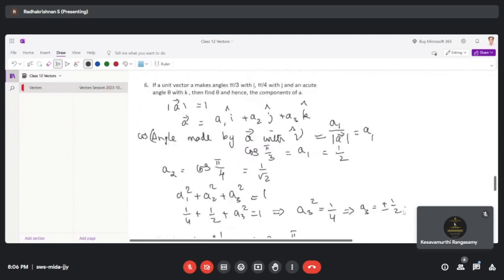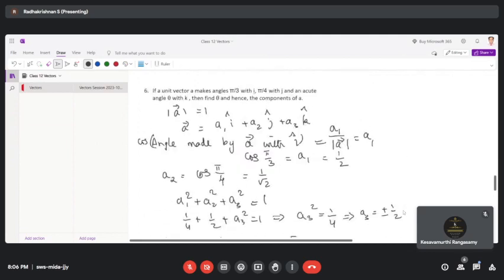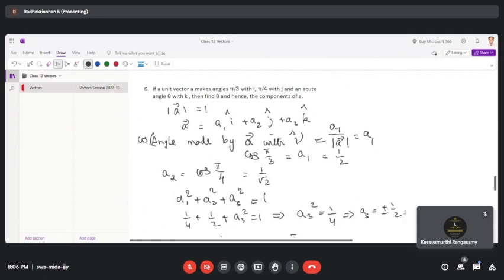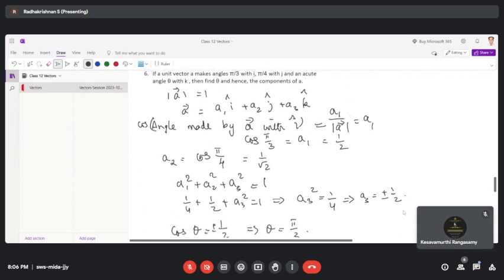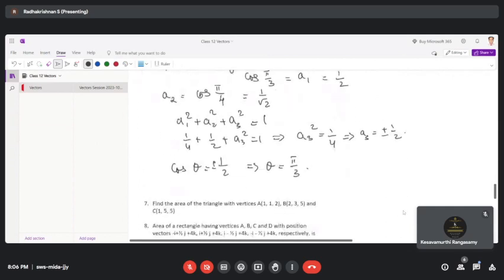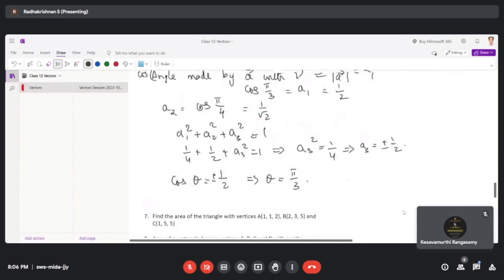That is what is asked, right? Find theta and hence the components of A. So what are the components of A? A1, A2, A3 we already got. A1 we got as half, A2 as 1 by root 2 and A3 as half. Okay, so the components are